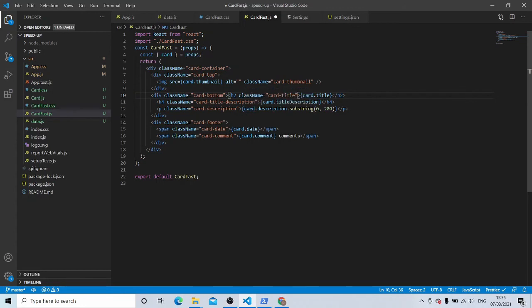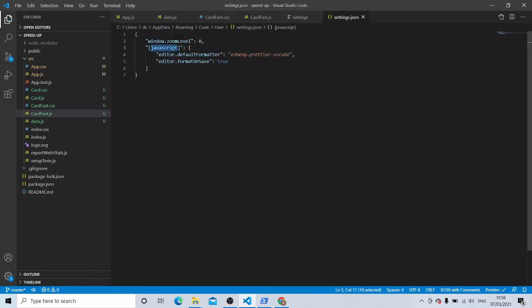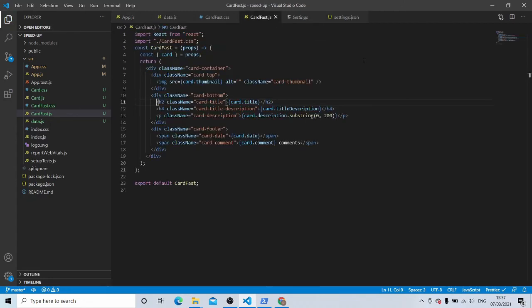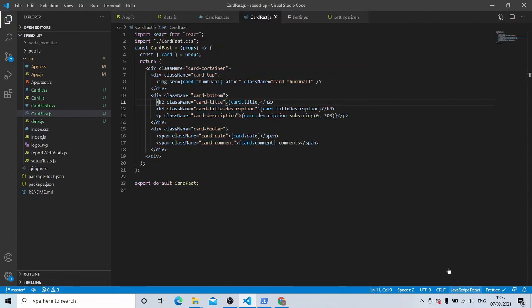Let's see if it does. Save and auto format your code. Now normally you would not want it to be in JavaScript, right? You want it to be in React mode. So to do that, you can simply change this to be JavaScript React. Save. In the card fast, you have to change the language mode to be React, and now it will work